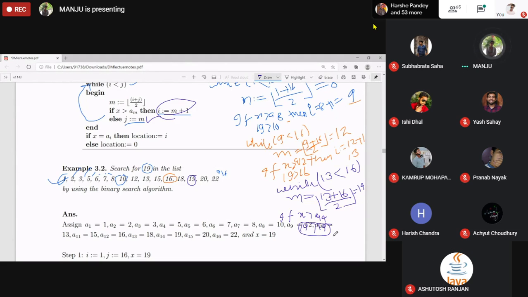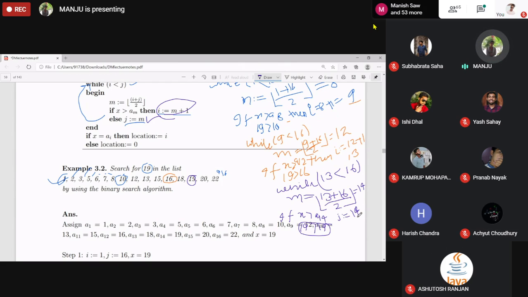The else part gives j is equal to m. What is m? 14. So j is now changed.